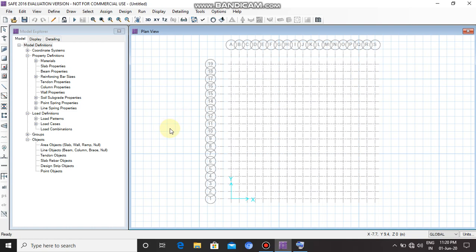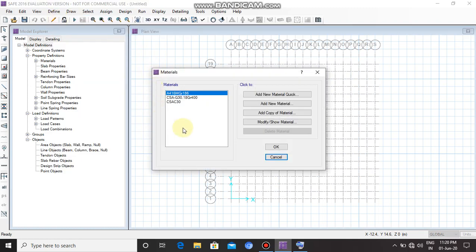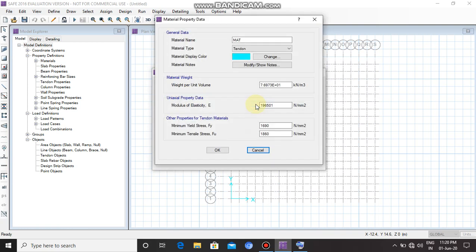For that, let's go to define materials, add new materials. Material name is M40.